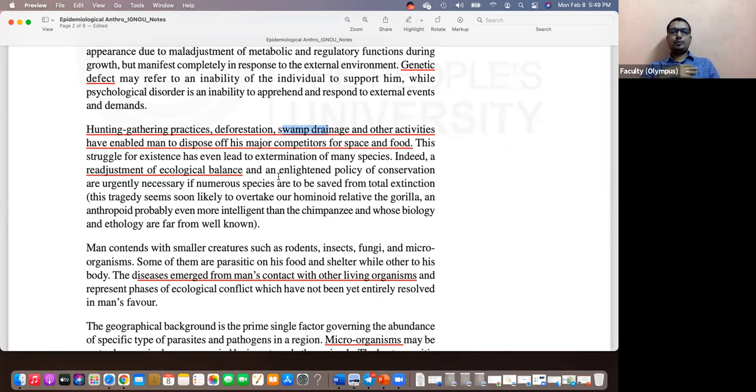Like that, humans' exposure to animals, either as part of hunting and gathering practices or as part of deforestation, we got close to the forest. We had more and more contact with the animals, and their agents were coming to us and started to adapt to us. So many agents started doing that. Otherwise, there probably was an ecological balance in nature before.